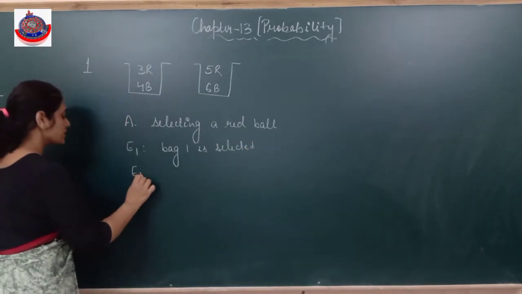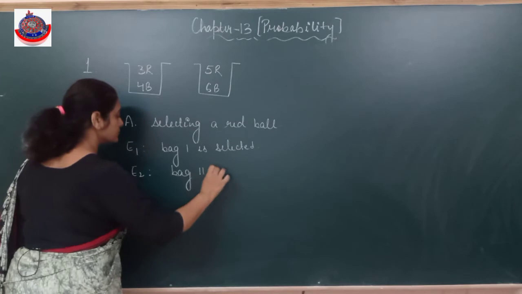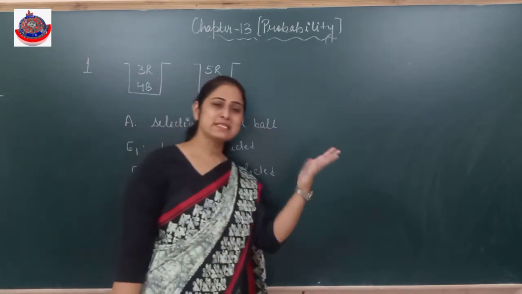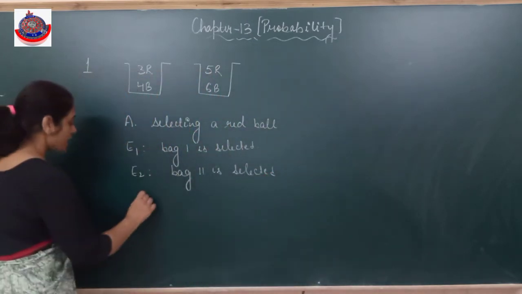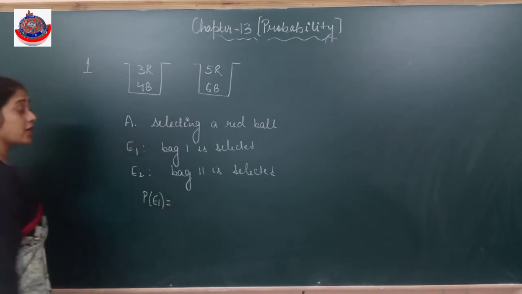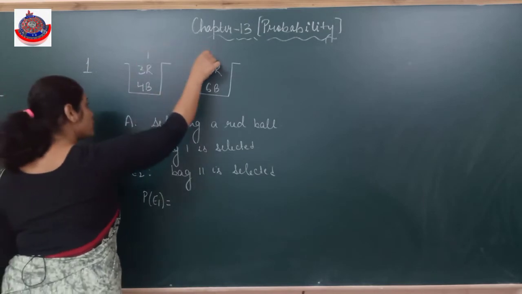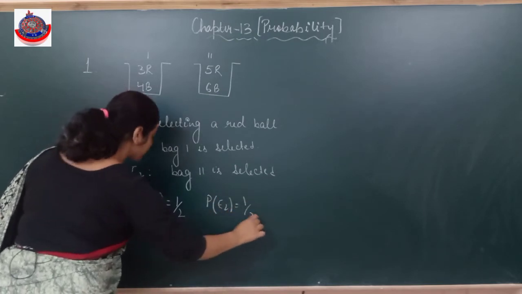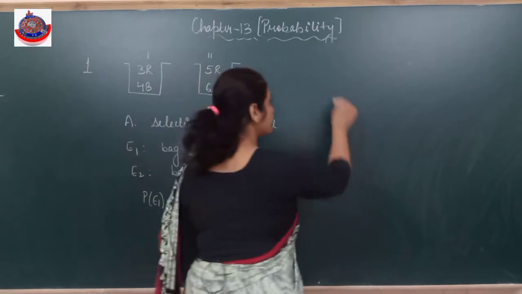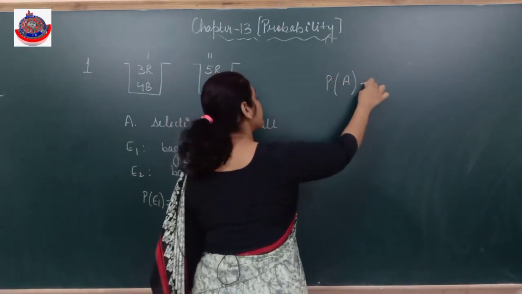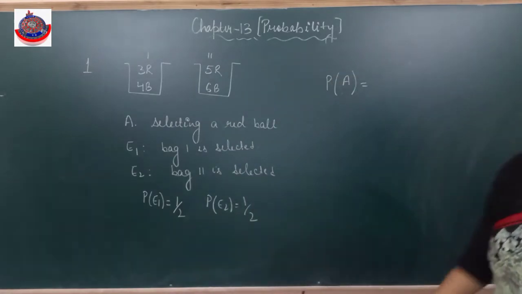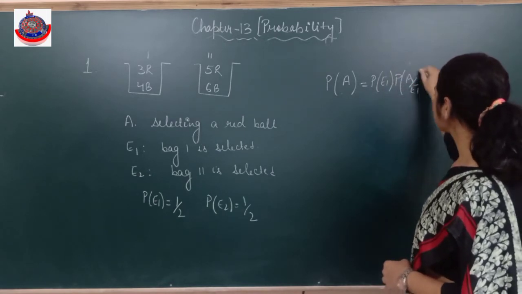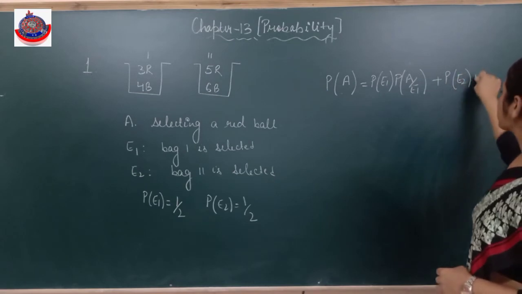Let E2 be the event, bag 2. अब सबसे पहले रेड बॉल की प्रोबेबिलिटी निकालनी है, वो बैग 2 में से, वो बेस थ्योरम का लास्ट स्टेप आ गया, दैट्स ओके। ठीक है, अब सबसे पहले हम निकालते हैं E1, प्रोबेबिलिटी ऑफ सिलेक्शन ऑफ बैग 1। हाउ मेनी बैग्स आई हैव? 2 बैग्स, तो उसमें से एक सिलेक्ट करने की प्रोबेबिलिटी कितनी हो जाएगी? 1/2। प्रोबेबिलिटी ऑफ E2, बैग 2 सिलेक्ट करना 1/2। अब किसकी प्रोबेबिलिटी निकालनी है? पहले हम टोटल प्रोबेबिलिटी ऑफ ये लिख लेते हैं। आई नीड टू फाइंड आउट द प्रोबेबिलिटी ऑफ अ रेड बॉल। तो इसमें क्या होगा? पहले बैग 1 इज सिलेक्टेड, उसमें से रेड बॉल, और बैग 2 इज सिलेक्टेड, उसमें से रेड बॉल।